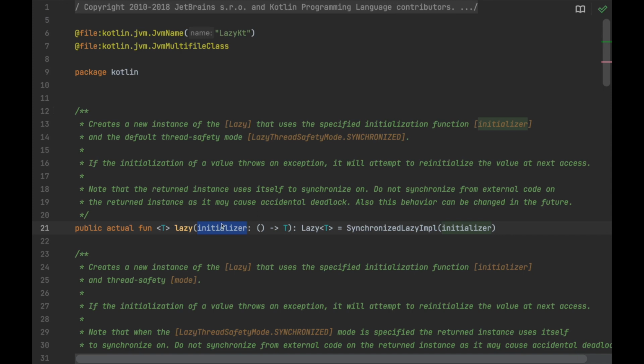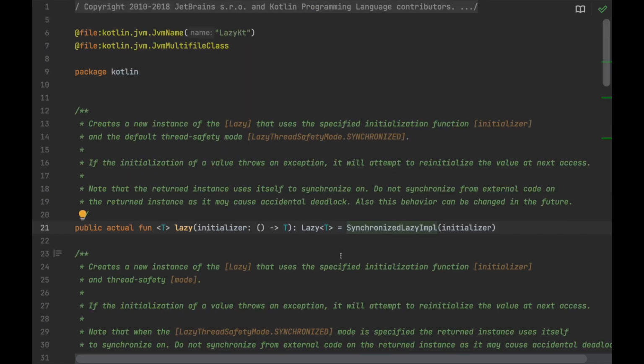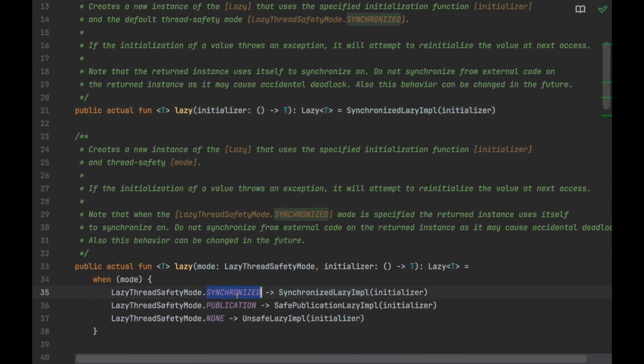One thing to note is that this instance here, with the mode synchronized, uses itself, the instance of lazy itself, to synchronize on, so just keep that in mind so you do not synchronize on the returned instance, because that may cause a deadlock. But by default it uses the synchronized version, and then if we pass the mode, it switches. We have three possibilities: synchronized,